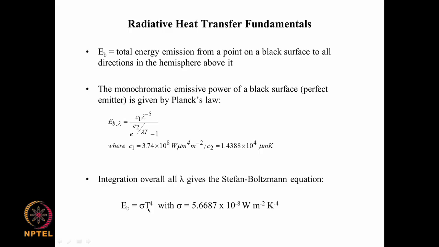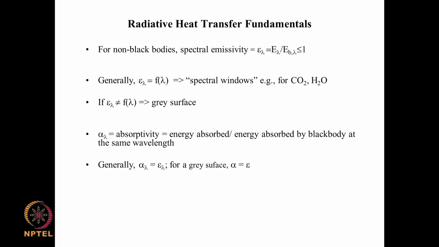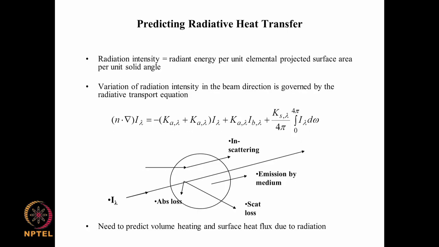So, that means that this can increase rapidly, and fortunately we have the Stefan-Boltzmann constant, which is 10 to the power minus 8. So, this becomes significant only when the temperature is pretty high. So, at high temperatures it becomes the dominant mode of heat transfer. Okay. So, if you want to predict